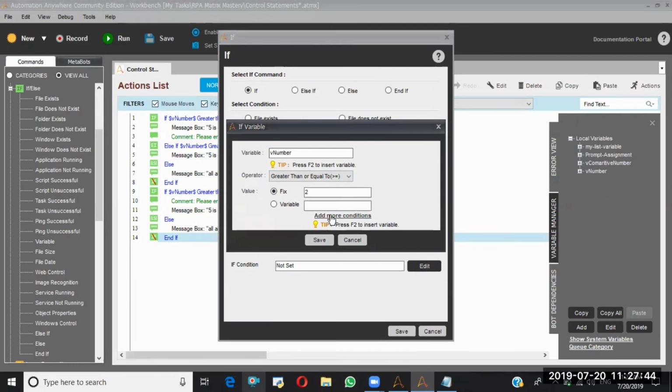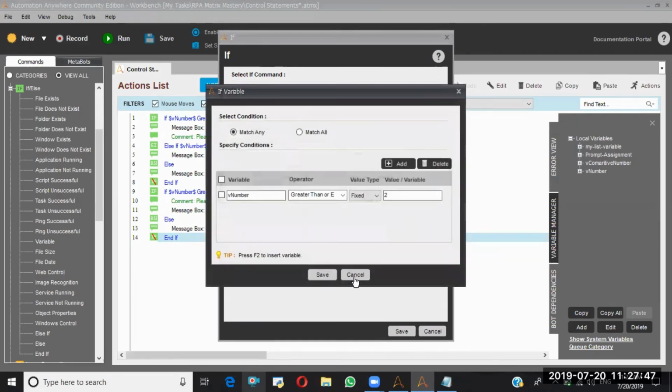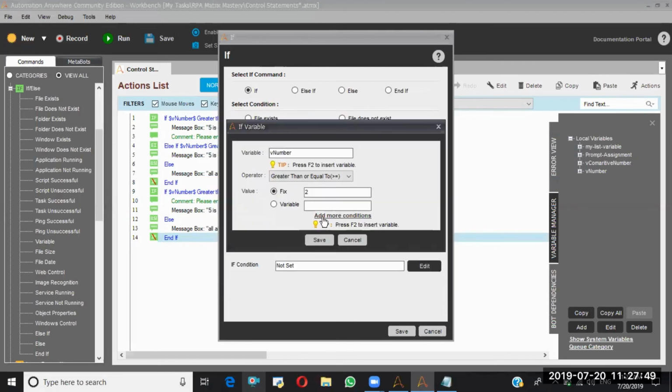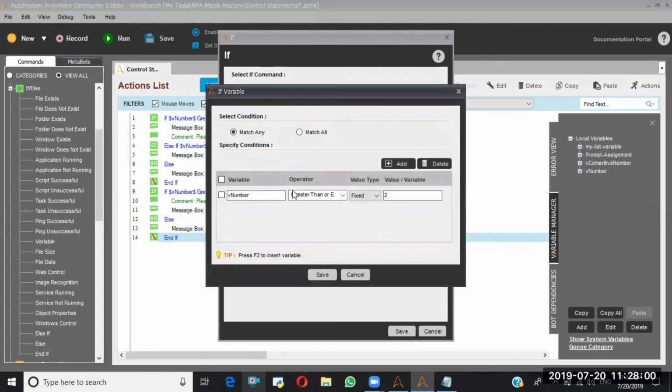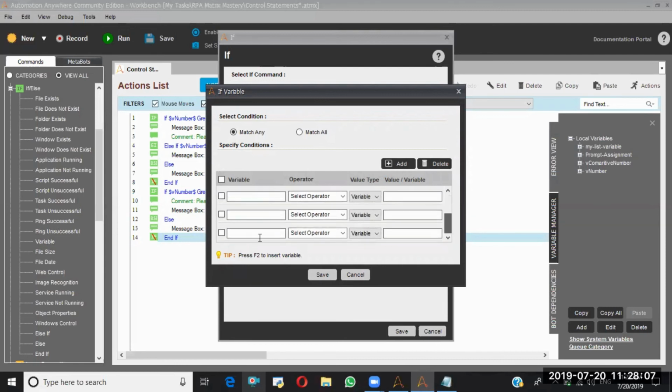If you go to cancel, here you can see the add more conditions control, at the bottom side. Here you have to click, then another pop-up window will open. Here you can add n number of controls. However many validations you want to do, that many conditions you can include here. Okay, let me delete. As of now I'm just using 2.